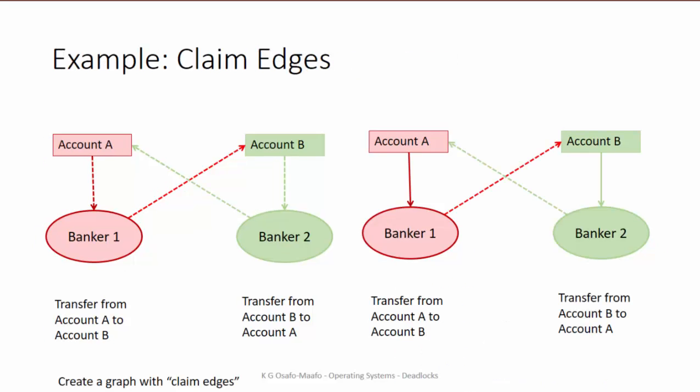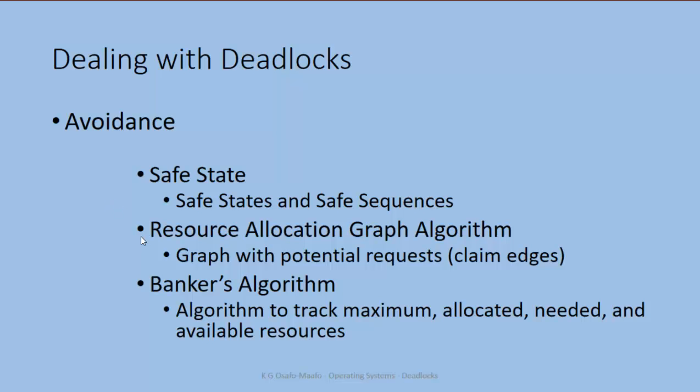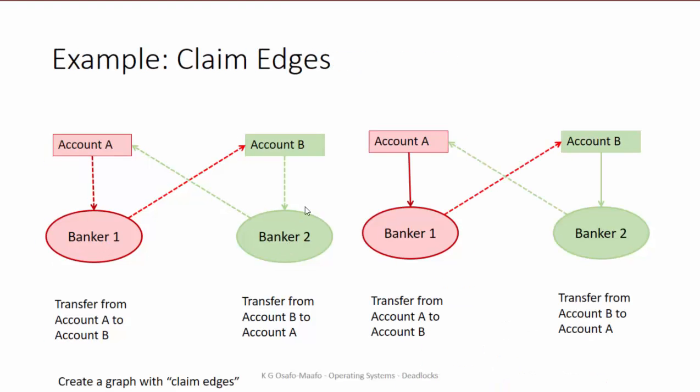Now, the other one we talked about was before any of the transactions begin. So let me just go back to the resource allocation graph. Before the transactions begin, we can take a look at it and ask, what are all the possible requests for resources that can be made? And we use claim edges. These are dashed lines between the nodes instead of thick lines. Anytime a request is made, we make a solid line. And if during the request